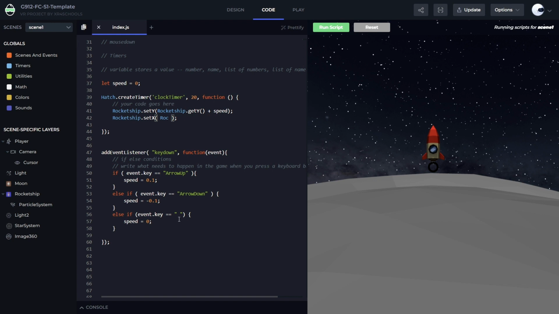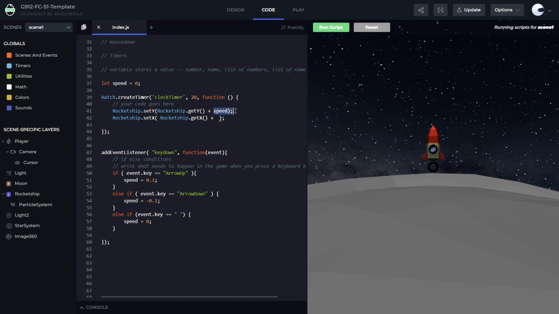So just keep that in mind. And here I want to write rocket ship. I press enter to autofill this and say find out the x position of the rocket ship, right? So rocketship.getX, get followed by capital X, and that needs to be followed by a pair of round brackets. So we can say rocketship.setX to rocketship.getX plus,